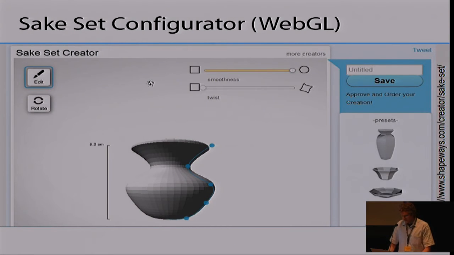This is an example from Shapeways. Shapeways is a company dedicated to 3D printing, and they have also realized that mass customization is a very interesting field of work for the future. You can create your own vases and sake sets, and this is made very easily because you just have to move those points of the control outline here, and then a WebGL render service renders the image directly on the